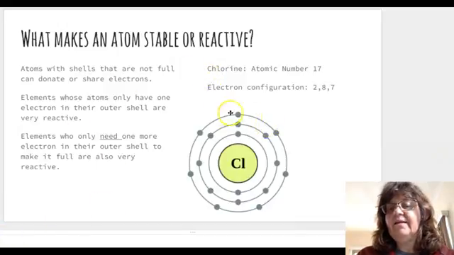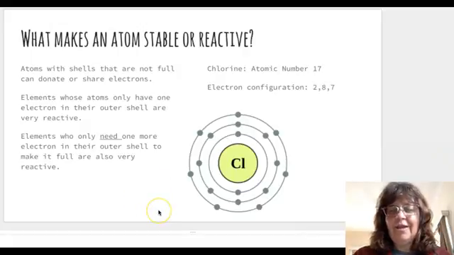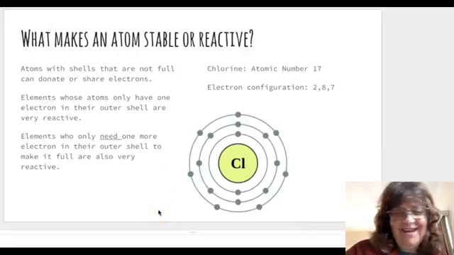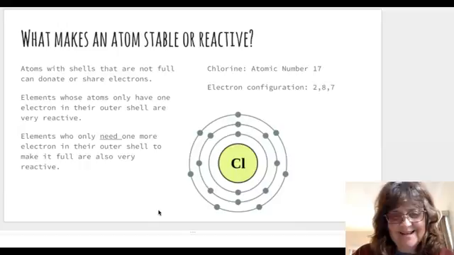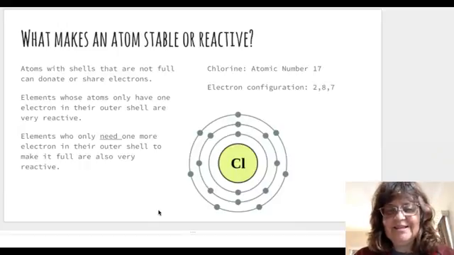Other elements that are really reactive are ones that need 1 more electron in their outer shell. So chlorine's another one of these. Its atomic number is 17, electron configuration is 2, 8, and you can see its last one is 7. So it needs 1 more to make its shell nice and complete. Can you think of an element that would be able to provide that 1 extra electron quite easily? I hope you can, because it is